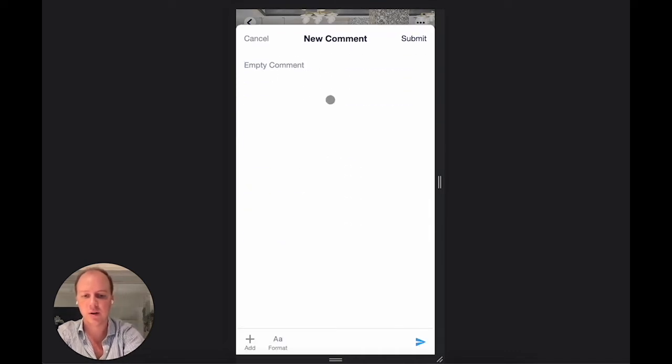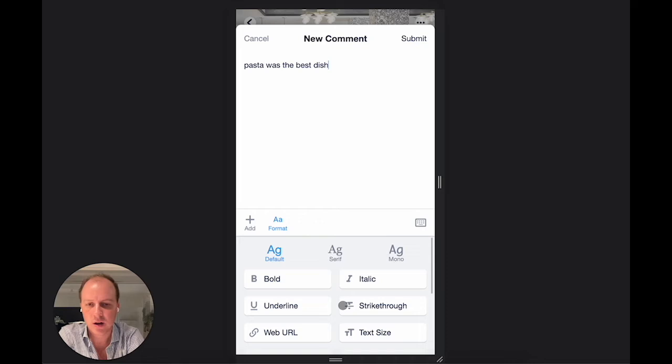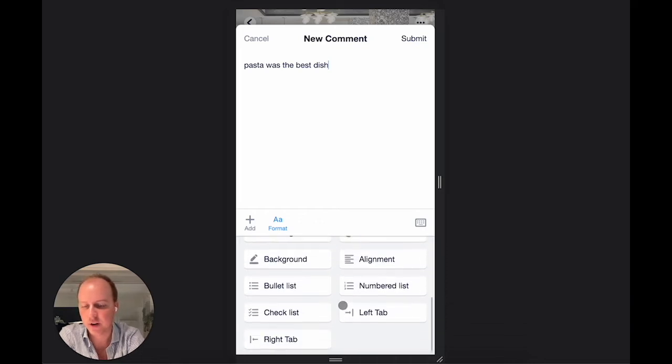So the pasta was the best dish. Add the comment. In the comment, if I want, I can add additional attachments. I can add additional information, dividers, so on and so forth, as well as edit a bit the look and feel. If I wanted to highlight a specific aspect, essentially, it works exactly the same way as the type of